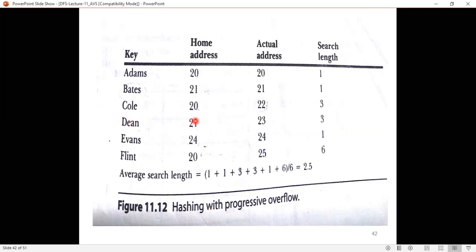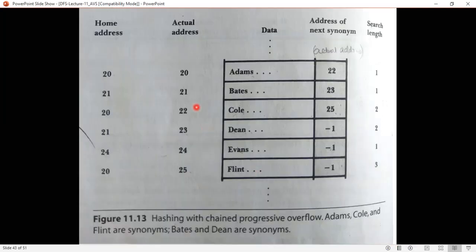Dean, the home address is 21 here, but 21 is occupied by Bates, that is okay, but Dean could have been placed at 22, isn't it?